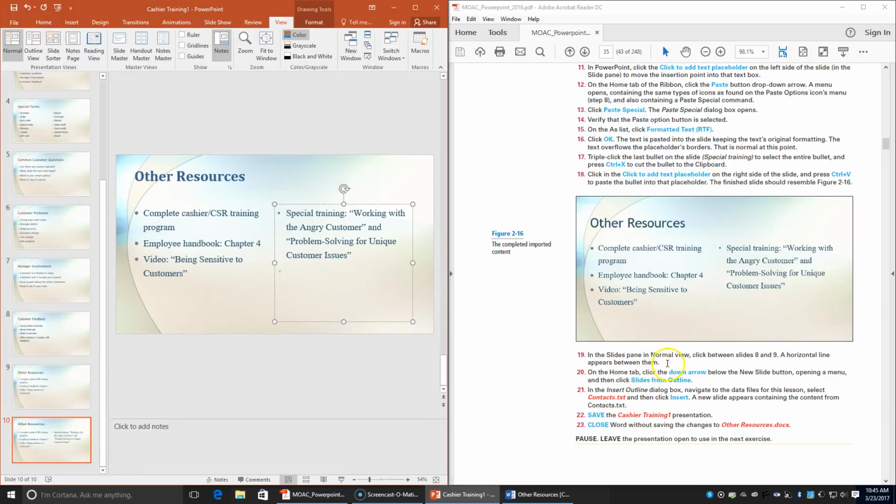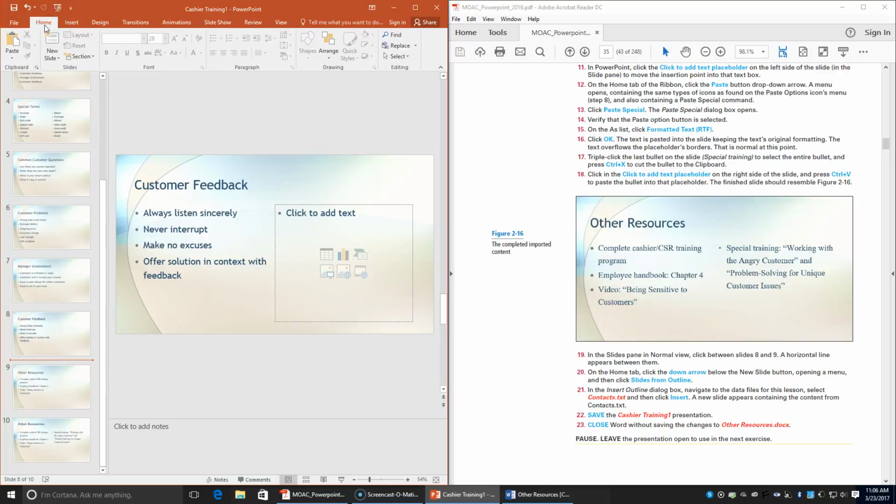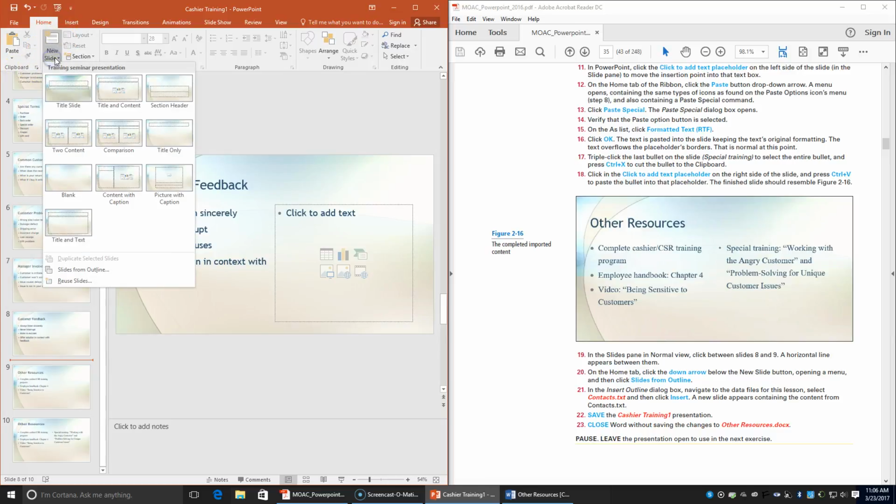A horizontal line appears between them. On the Home tab, so in the Slides pane, in Normal View, we're going to click Slide 8 and click between Slides 8 and 9. A horizontal line appears between them, and on the Home tab, we're going to click the down arrow next to the New Slide button, opening a menu, and then we're going to click Slides from Outline,